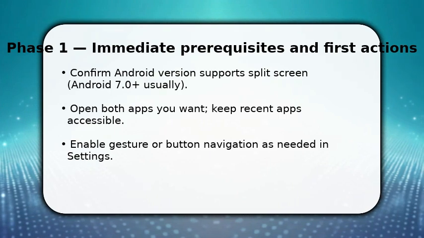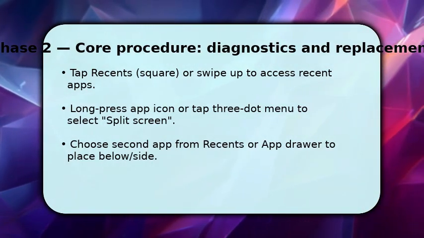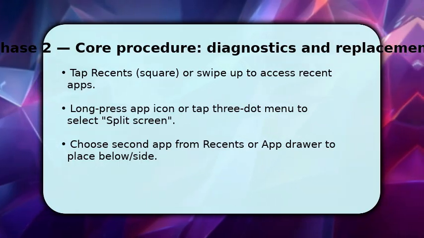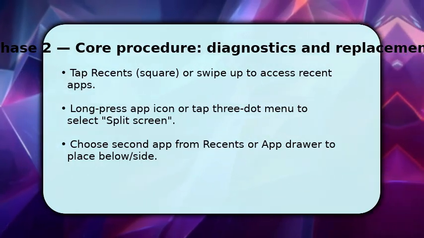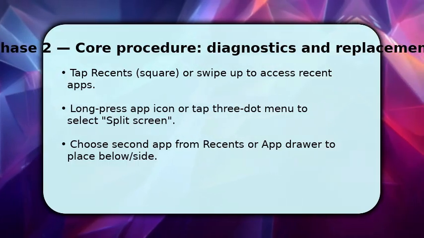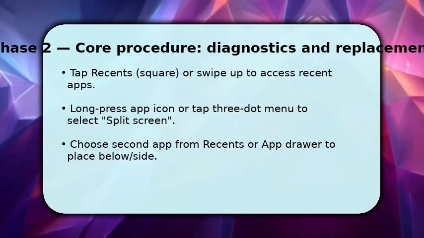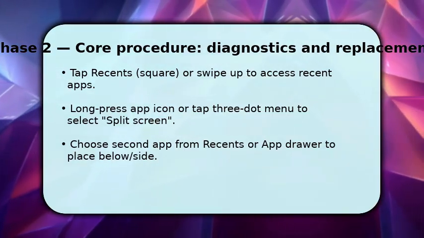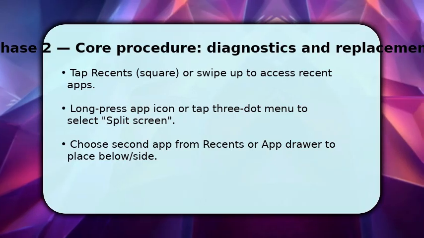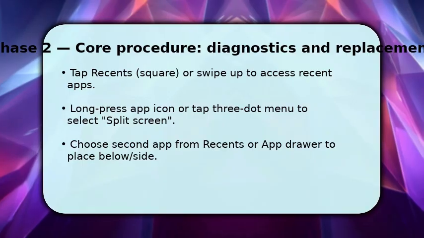Now invoke split screen using Recents. Tap the Recents button or swipe up to view apps. Once you see the app you want on top, long press its icon or tap the menu and pick split screen. This pins that app to one half of the display. Next, select the second app from Recents or the app drawer. It will automatically occupy the remaining space. You do this because Android treats split screen as two active tasks, so choosing apps from Recents ensures correct